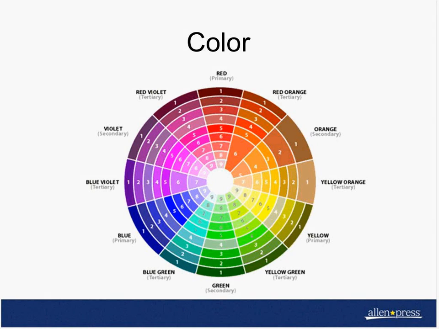So color is a hot topic when it comes to printing, based on the technology, on how you're doing the printing. Color costs money. I think that's across the board. If you want to print something in color, it's going to cost you more, at least for that page, if not for that signature, if not for that whole